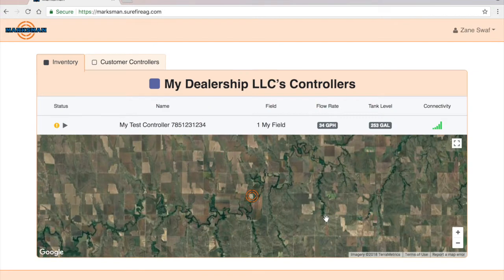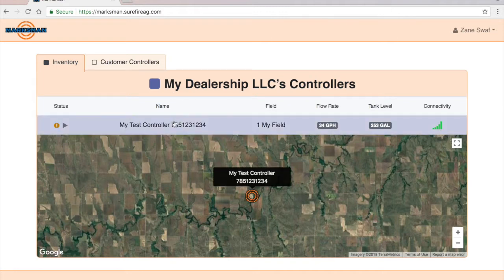When we first log in, we get a list of all of our Marksman controllers, as well as a map showing their location. This list is our inventory as a dealer. At the top of the screen, we see the name of our dealership. In the middle, we see a list of our controllers, in this case, just the one, and then down below,